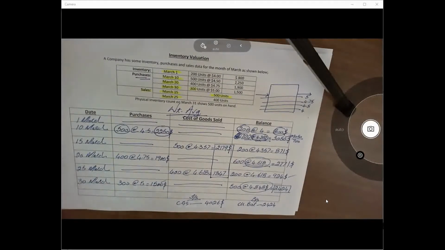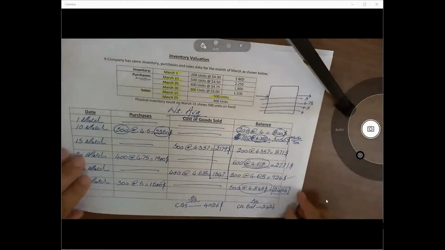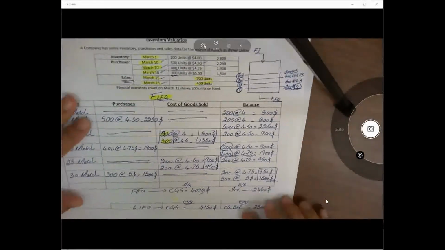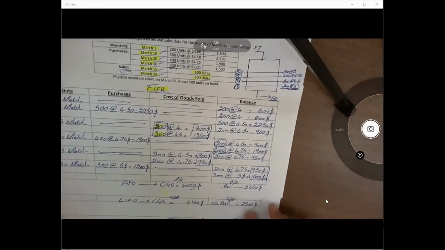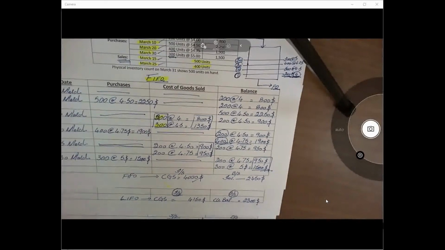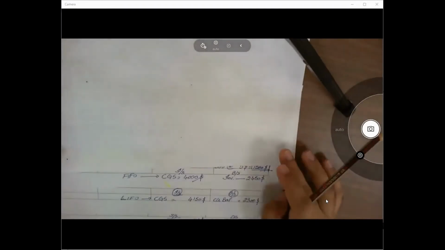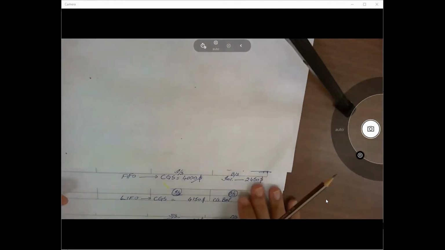Now let's try to see the comparison. Let me show you the comparison of these three in order to understand it. So we used LIFO, FIFO, and weighted average. These are the three things which are in front of you. Now you can see by yourself. Let me hide this one so that it doesn't confuse you guys. So let's hide this one. So if I show you, yes, please.